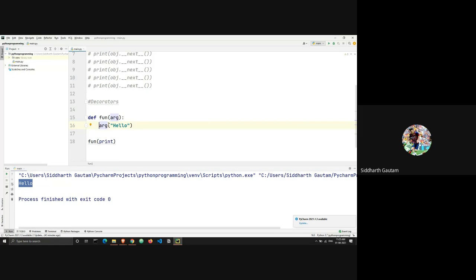And what am I doing? I will just remove this thing inside the brackets. Take a look at this line. What is exactly happening here? arg and then two brackets, which means that I'm calling a function, and the function is arg.